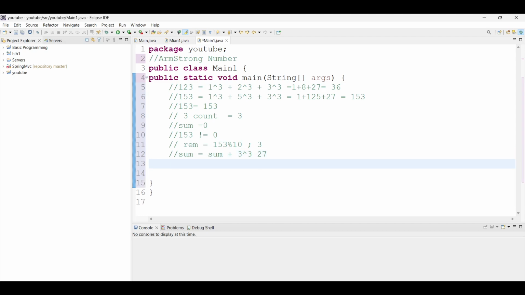After that we divide this number by 10. When I divide 153 by 10, it gives me 15, so n equals 15. Then we again check that 15 is not equal to 0, and the condition is true. So again we calculate the remainder: 15 modulo 10 gives the output 5. And again in sum we have already 27, plus